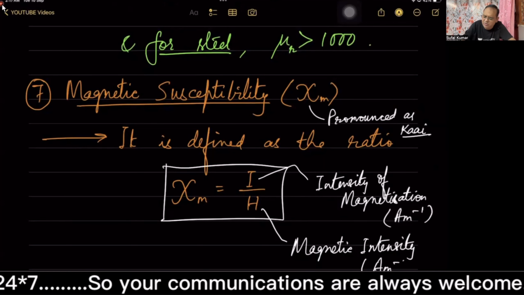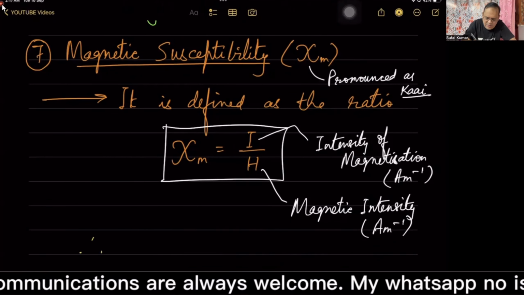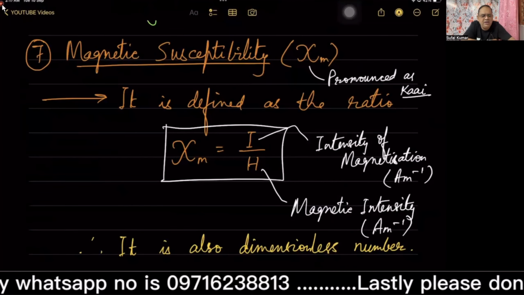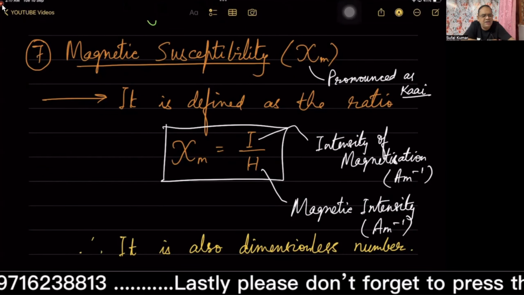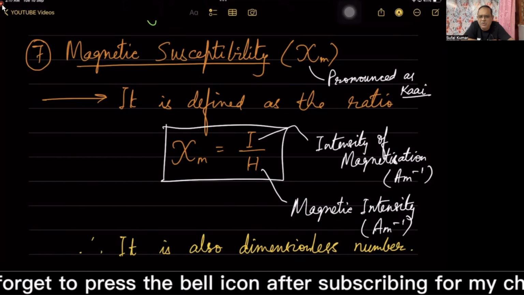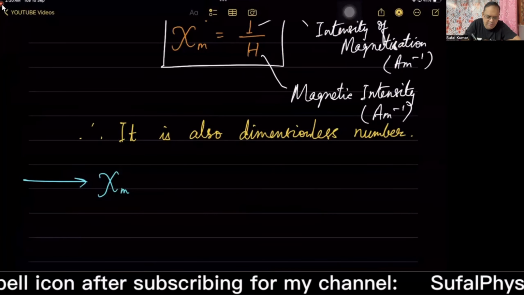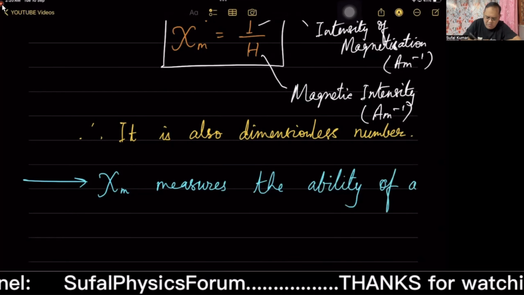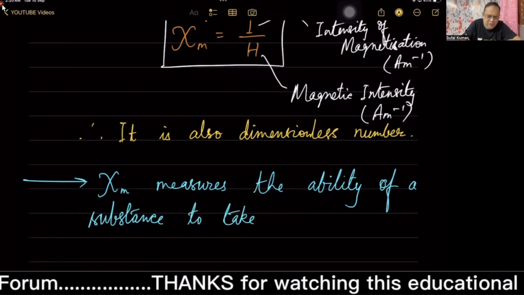Again, this is also ampere per meter. Therefore, it is a number which signifies how magnetic in temperament the material is. Chi m measures the ability of a substance to take up